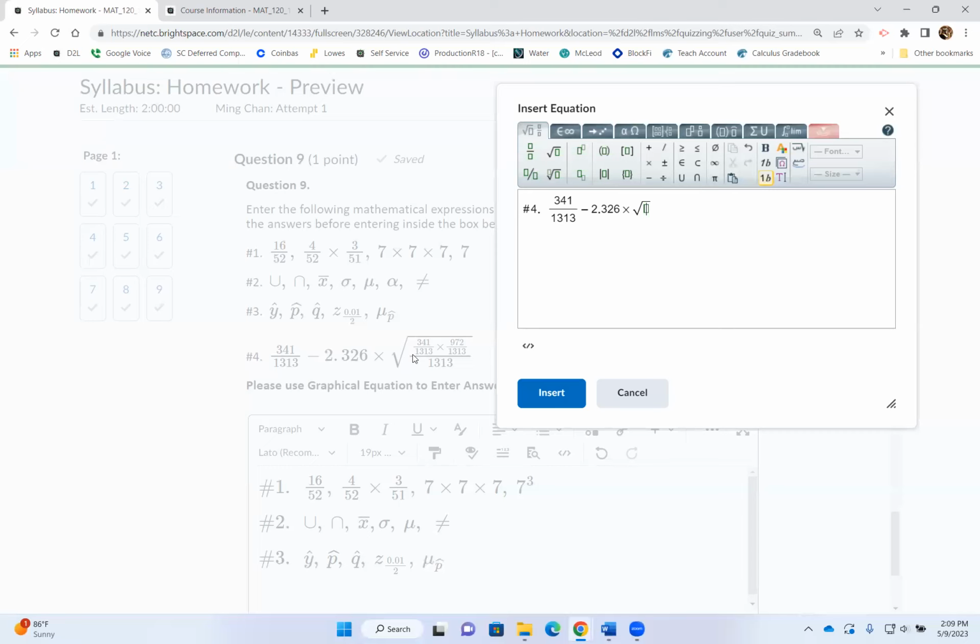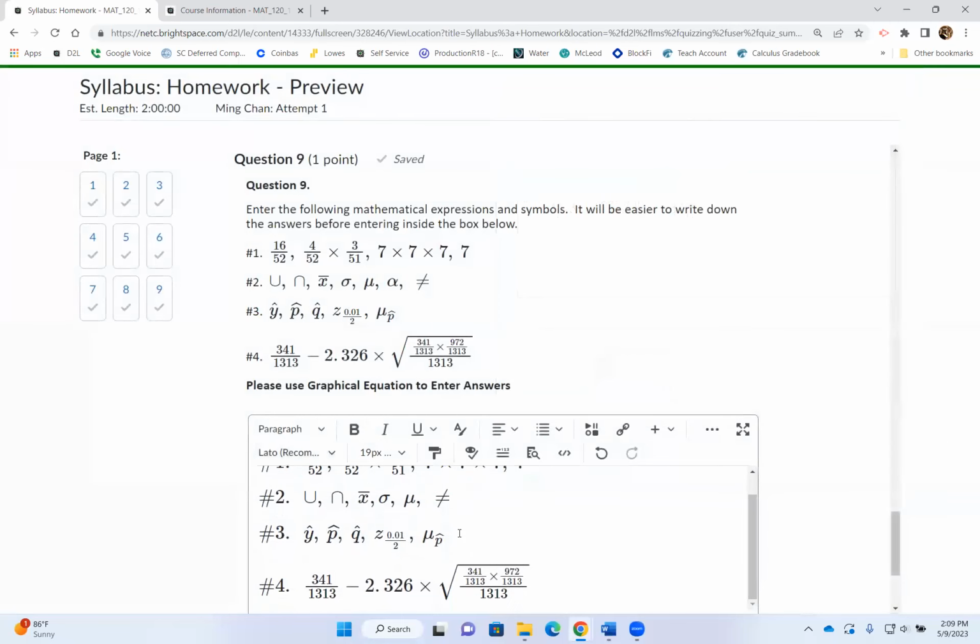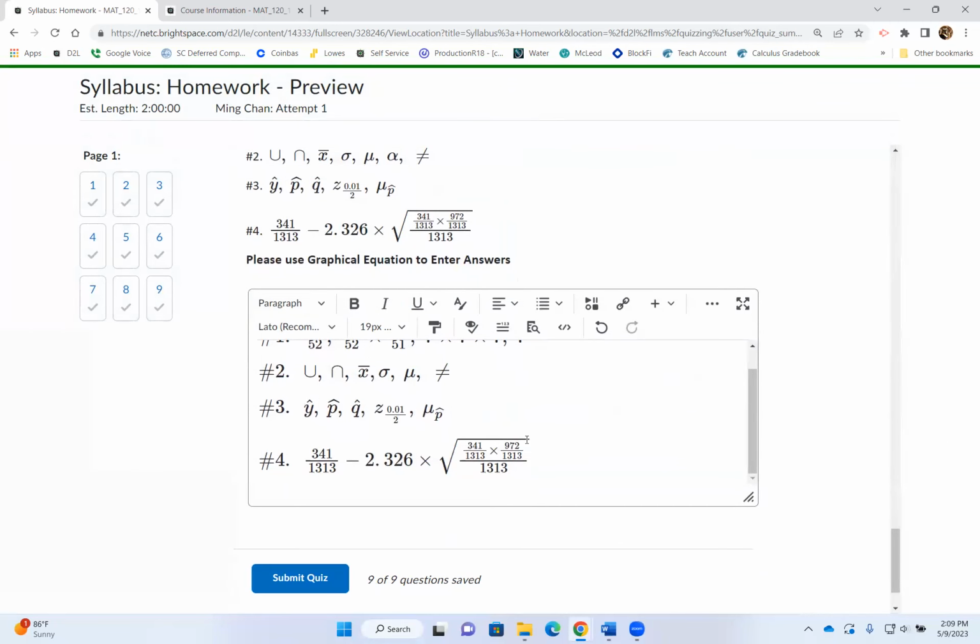Inside the square root, there's one big fraction bar. On the numerator, there are 2 more fractions on top. So 341 over 1313 times fraction bar 972 over 1313. And the denominator down here is just 1313. There you go. So you have to be able to enter these computations for the homework